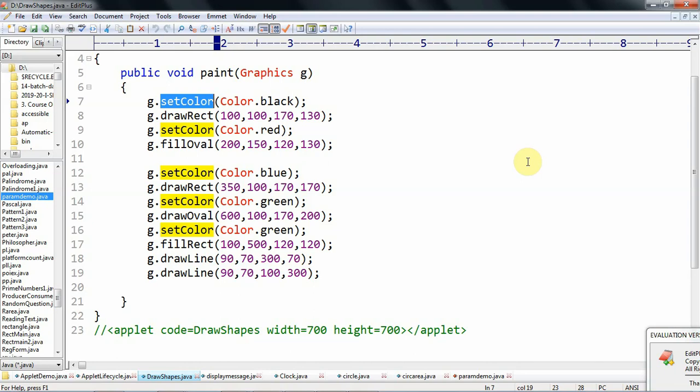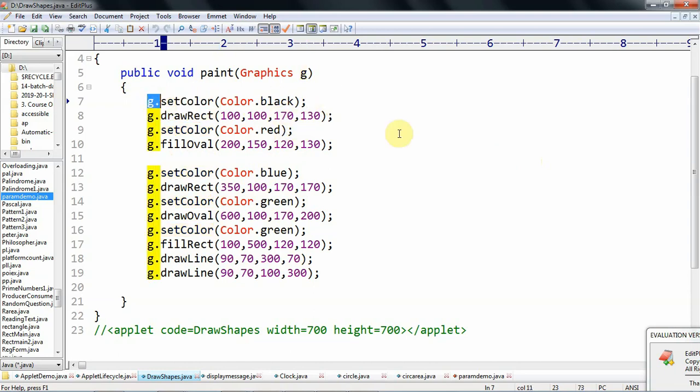Whereas for setting different colors for different parts of the applet window, we use the setColor method. For example, for the rectangle I want to give one color, for the oval another color. All these shapes are drawn in the same applet window. At that time, for giving different colors for different shapes or messages, we need to use the setColor method. This is for setting the foreground color.